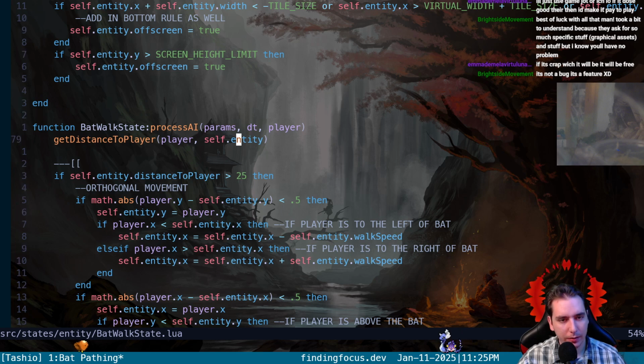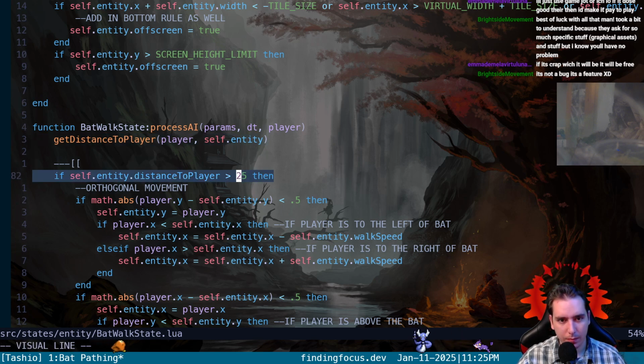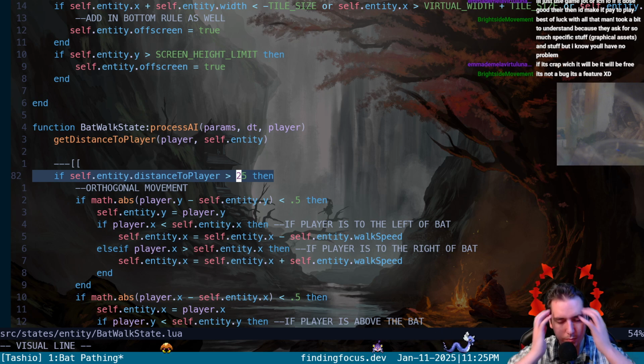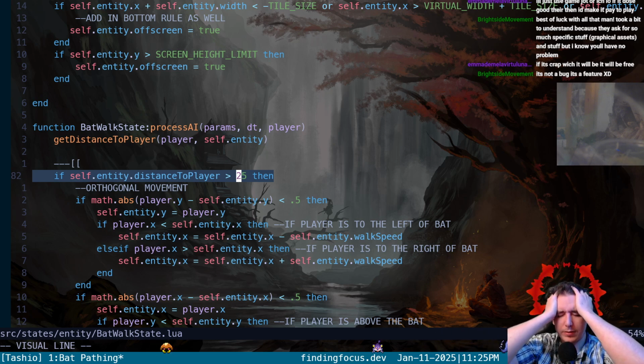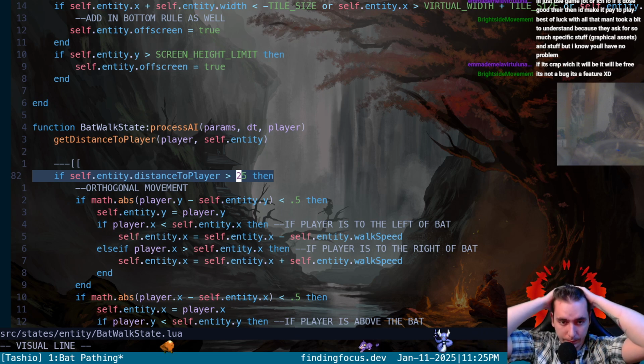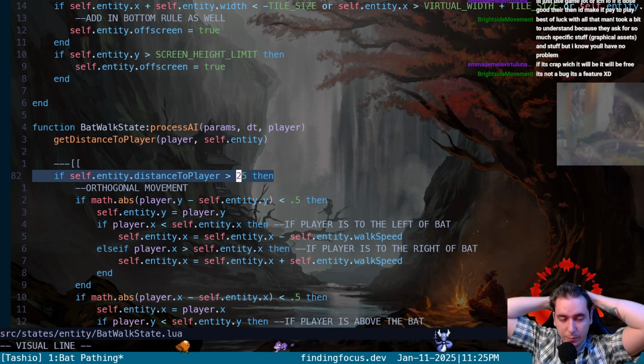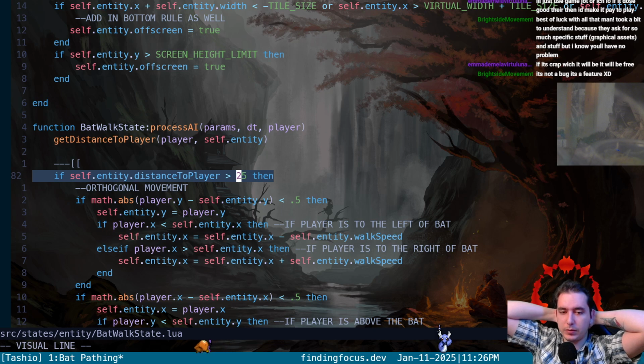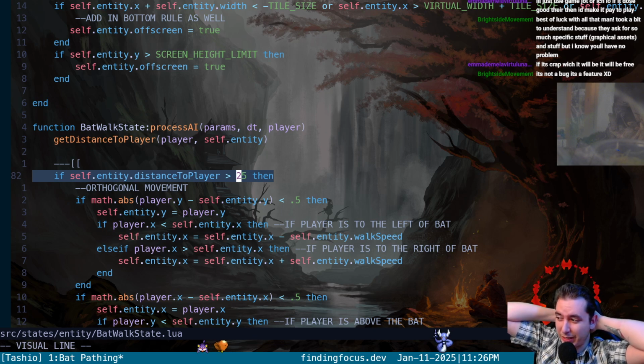Or we have to calculate considering the displacement value. Yeah, it's got to be the displacement value, because what's screwed up here is that we might be only 25 pixels away from our player, but if our displacement is really high and it's like 5, then